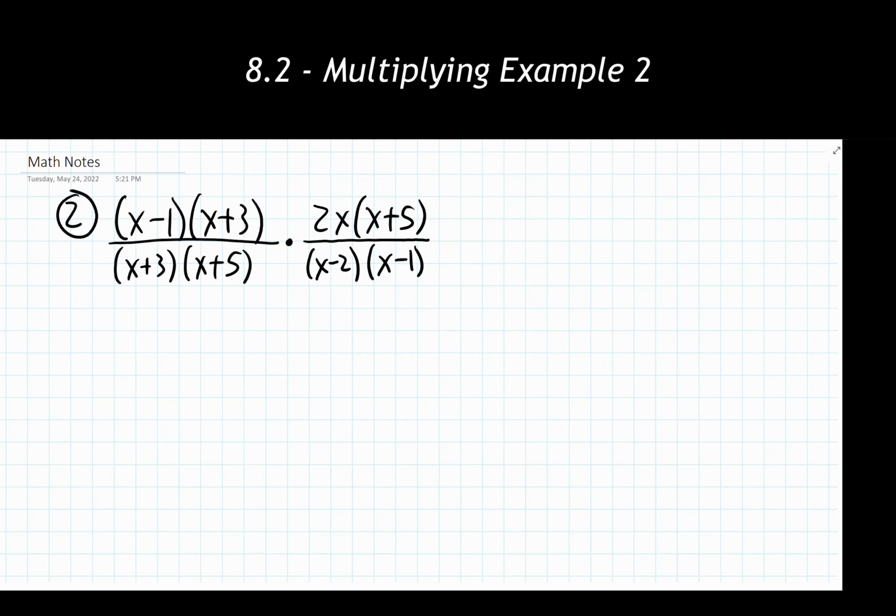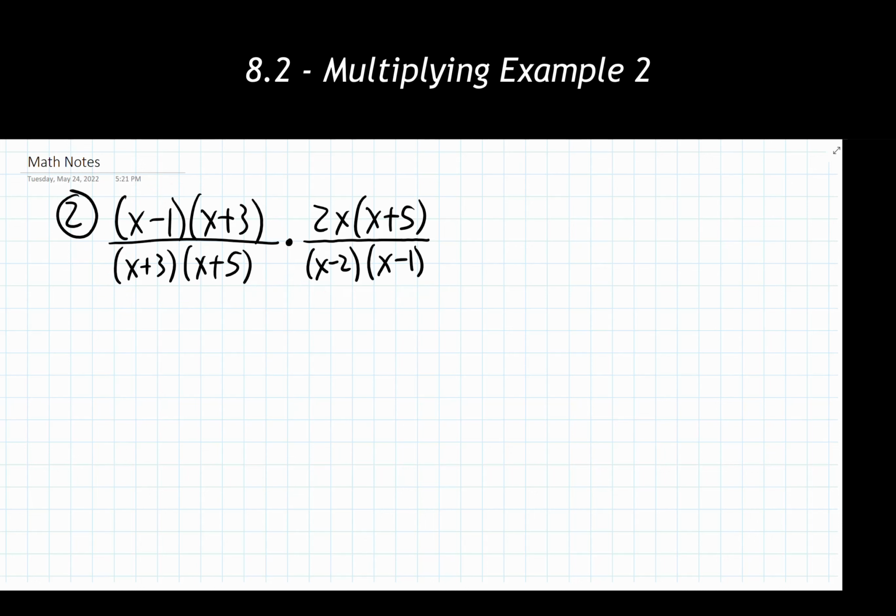Looking at example 2, we're going to go through and use all quote-unquote 3 steps of our multiplying process. So step 0 has technically been done for us at the start of this problem, but it's going to illustrate some of the advantages that we have with doing this at the very beginning. So we see here we have a fully factored first rational expression, and we have a fully factored second rational expression here. Now the advantage to doing this is this opens up the possibility of us using cross cancellation to cancel something out from a numerator and denominator spot somewhere in this problem as necessary.